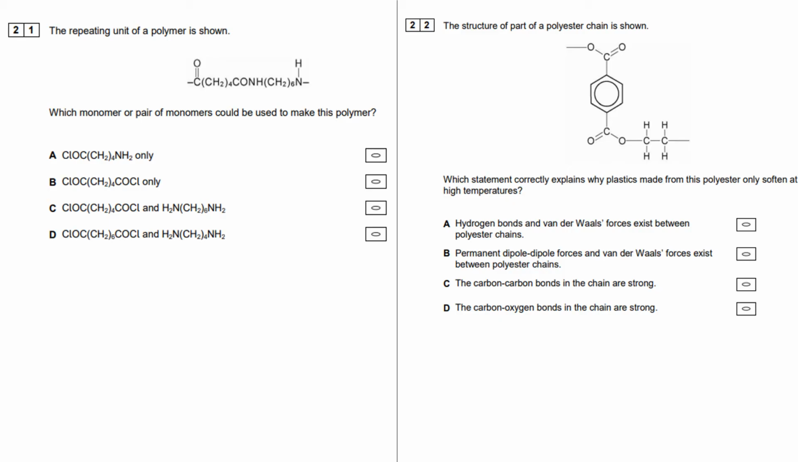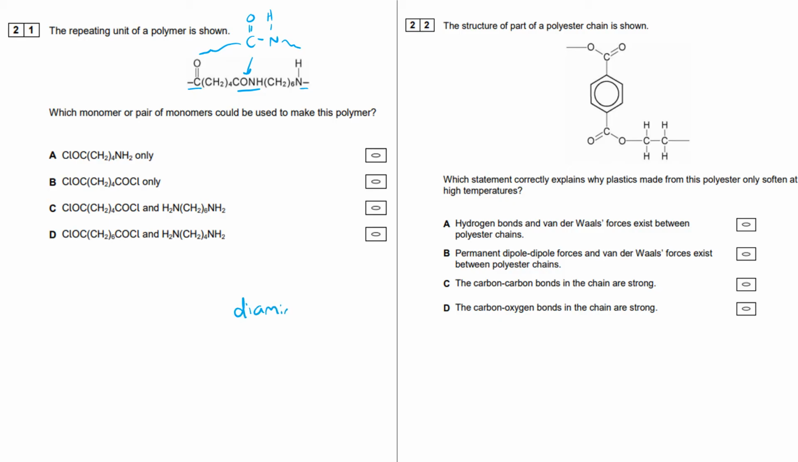On to question 21. The repeating unit of a polymer is shown. And as we can see here, it's a condensation polymer, and it's specifically a polyamide. So we have a C double bond O and an NH there, which is that amide link, and you've also got a C double bond O and an NH at the end. Because we have two C double bond O's and we have two NH's, that suggests that this polyamide or condensation polymer is made up of a